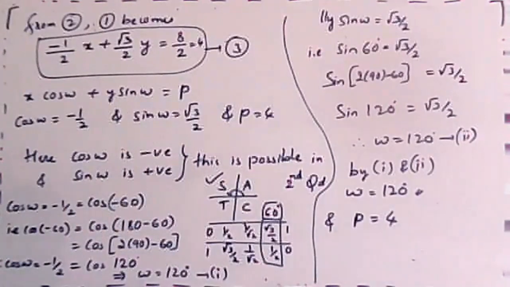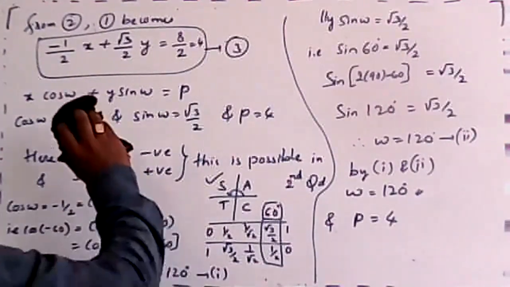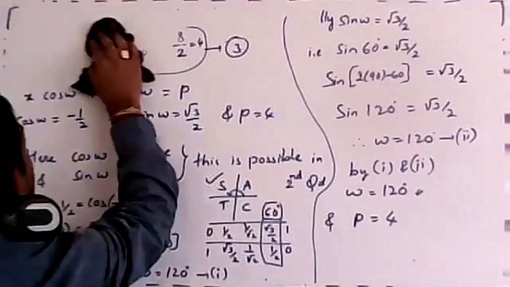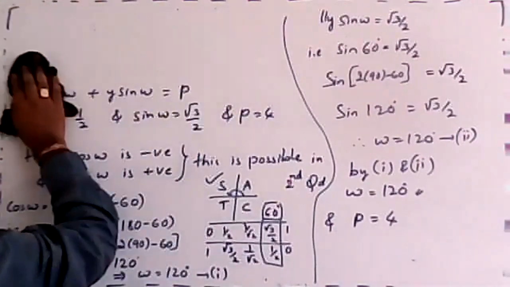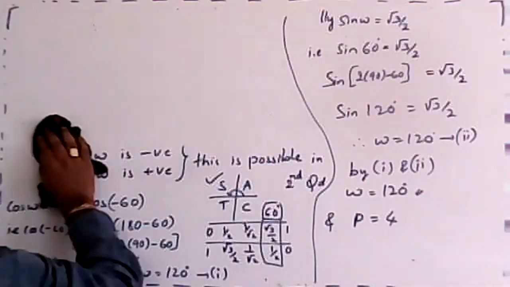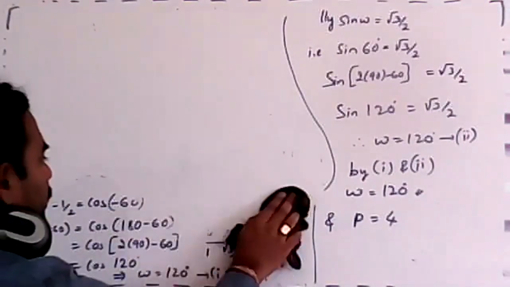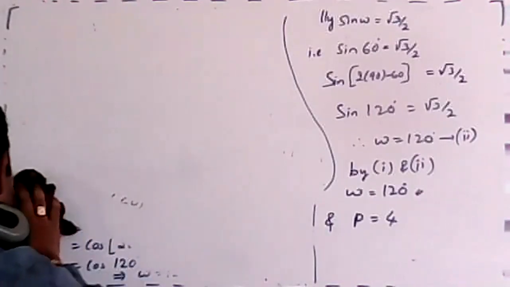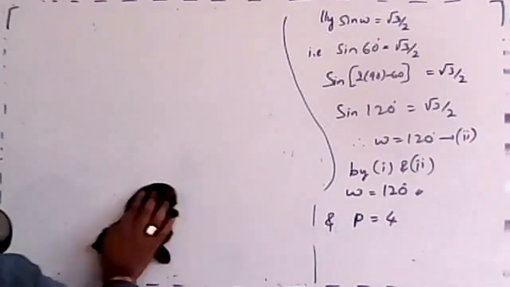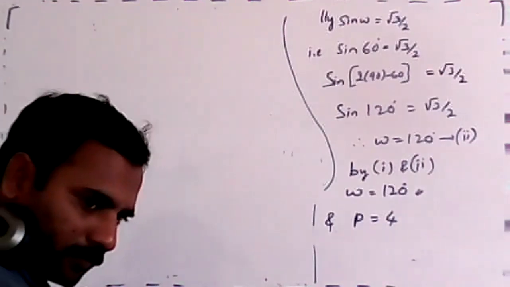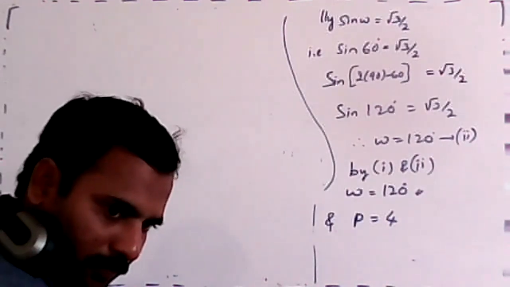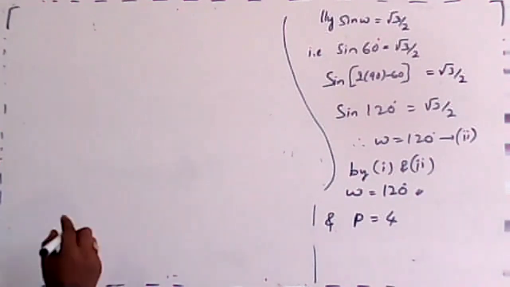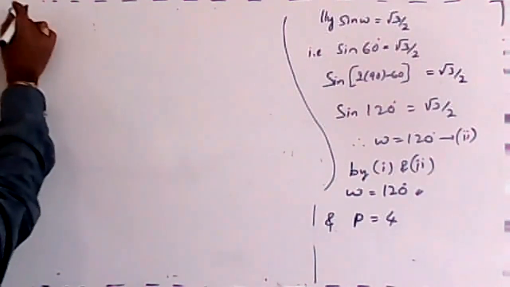We'll go to the next problem now. If you're not understanding, you see again seriously this one. Y minus 2 is equal to 0 they have given. I hope you have taken this. If you have not taken it, you can see the recording again. Okay, that is the second one I'm telling.